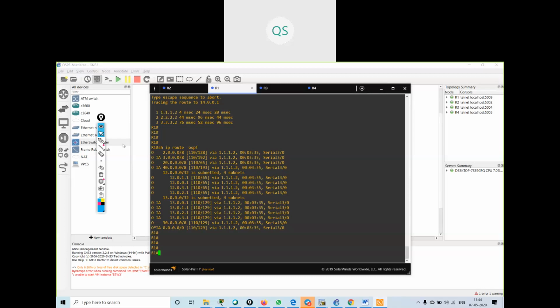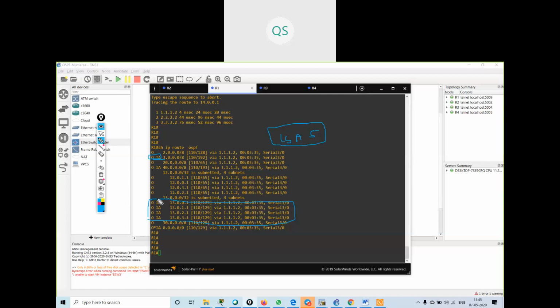Now, if you see, we are not having LSA 5 information. LSA 5 information has been removed from the stub area. Now, we are having LSA 3 information. LSA 3 is the summary LSA, which means the OIA routes. I can see the summary LSA information in my routing table.